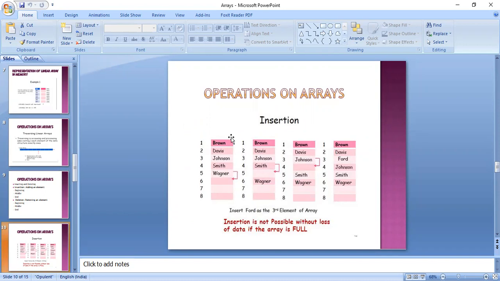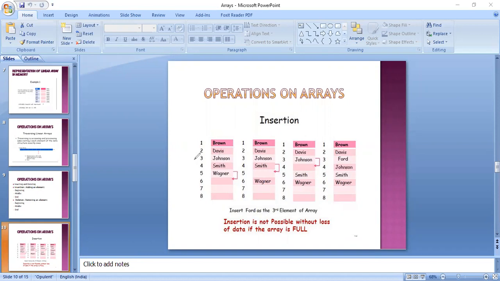Let's see, when we want to insert certain value in our array. So suppose we want to insert a new element at position 3.